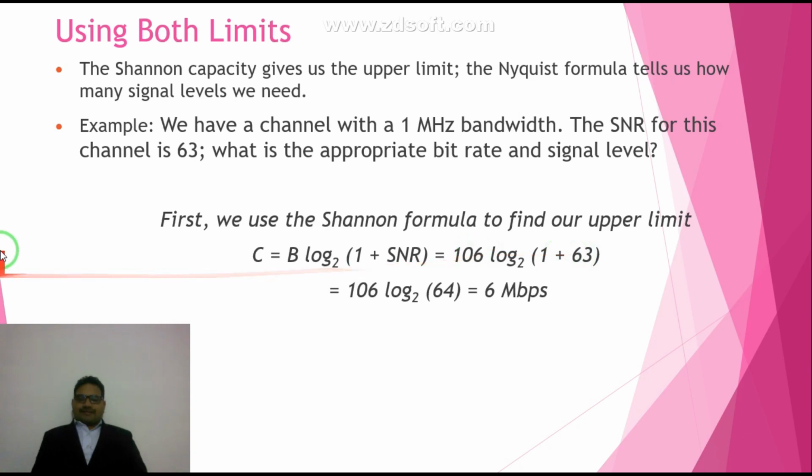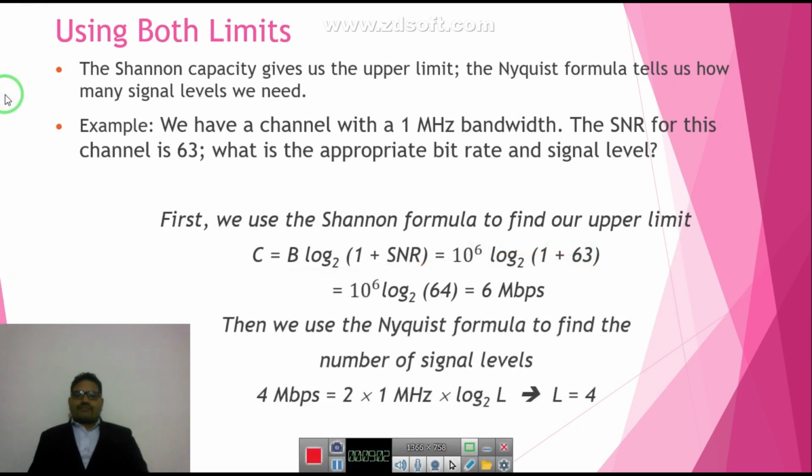So guys, bandwidth is equal to 10 raised to 6, that is 1 megahertz, 1 into 10 raised to 6 log of 1 plus 63. 63 is nothing but your signal to noise ratio. So 10 raised to 6 log of 64, so 6 Mbps is your capacity, that is the appropriate bit rate. And if you want to find what should be the signal level, then you have to use